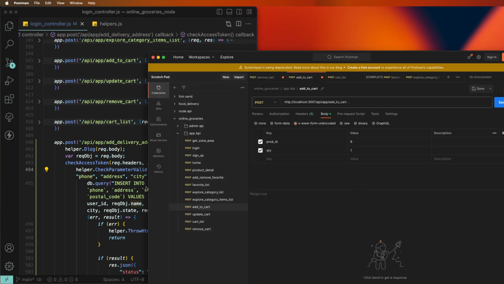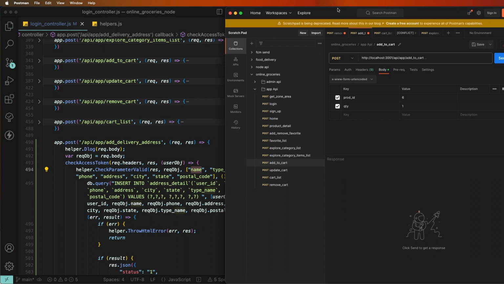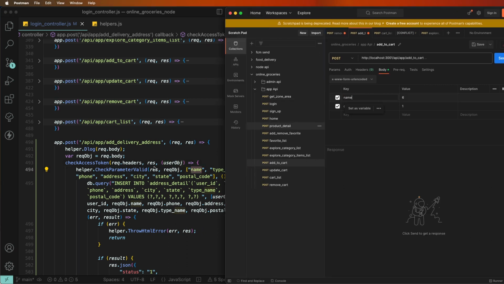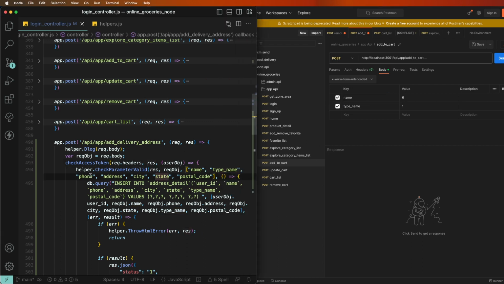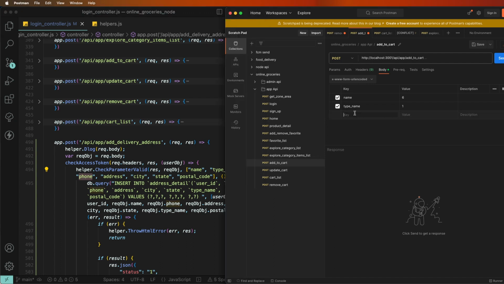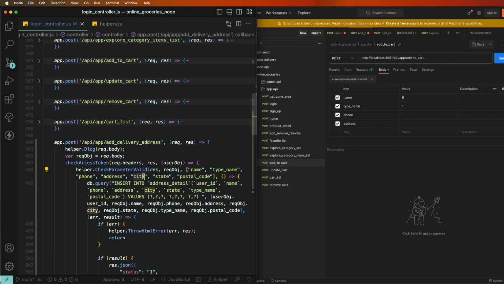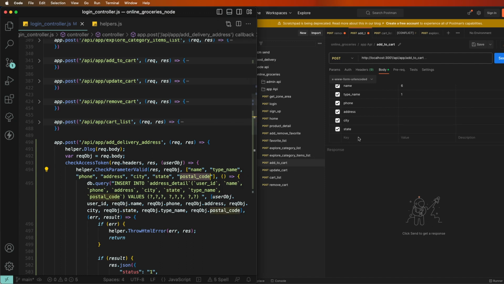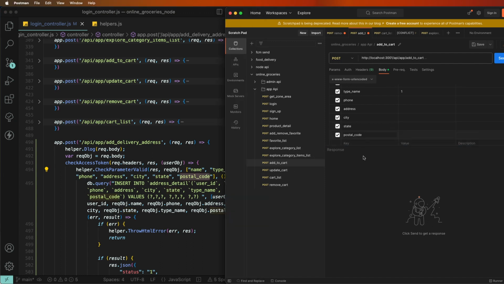I want to copy and paste this parameter. Now copy this here. Type, and after we do city, after we pass here state, and after we pass here postal code. Okay, these are the parameters, and now need to